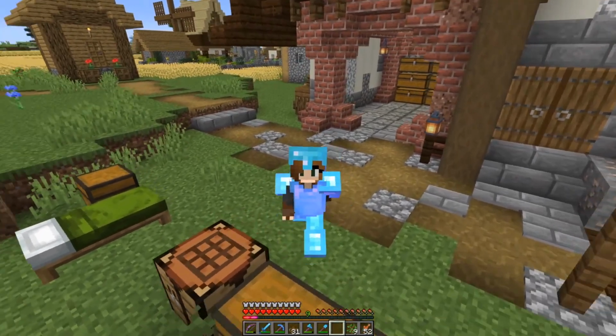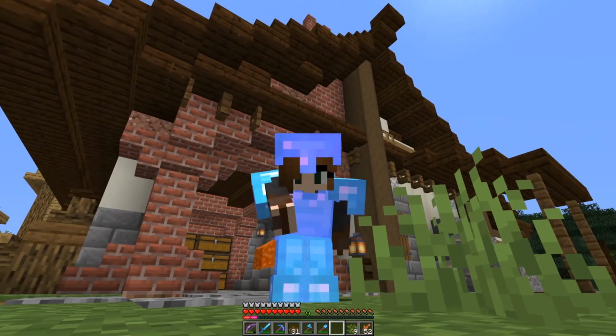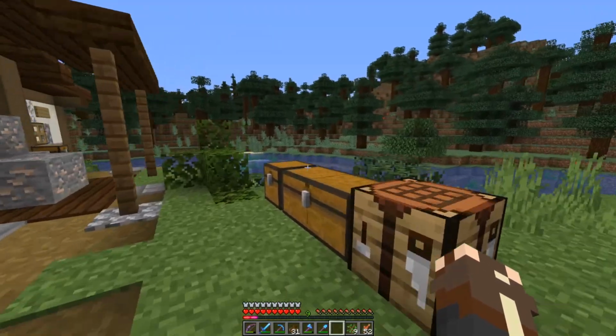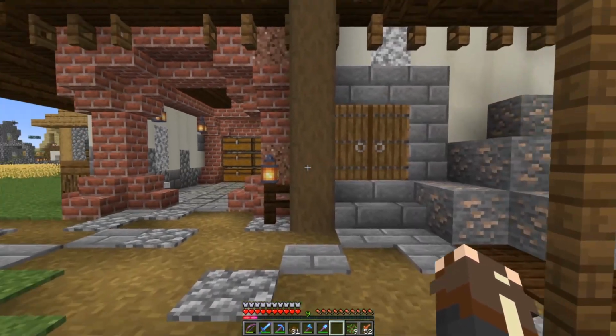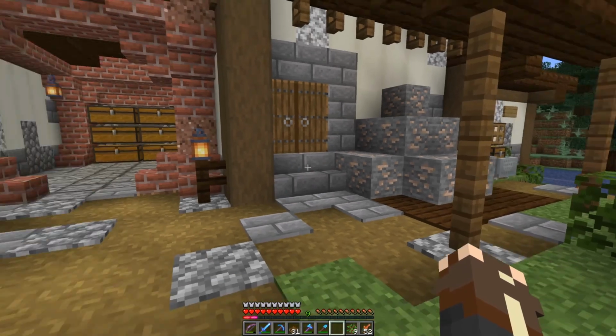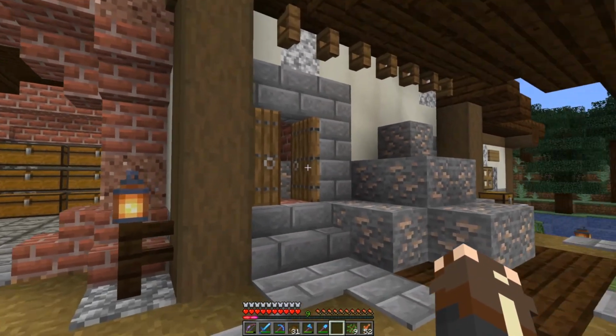And this actually took me such a long time because I had a really hard time to detail this. But let me show you what I did. So here we have this little entrance door. This is the oven, basically. So in here goes the iron ore to be smelted. Then if we head over here,